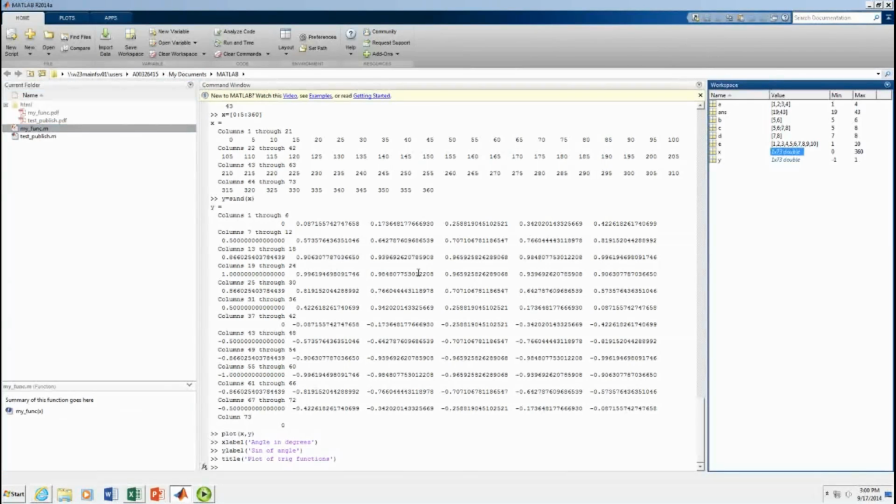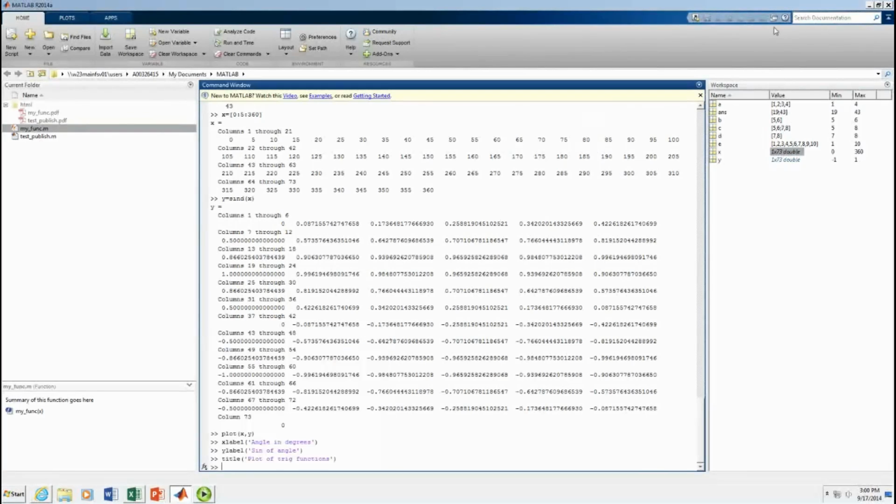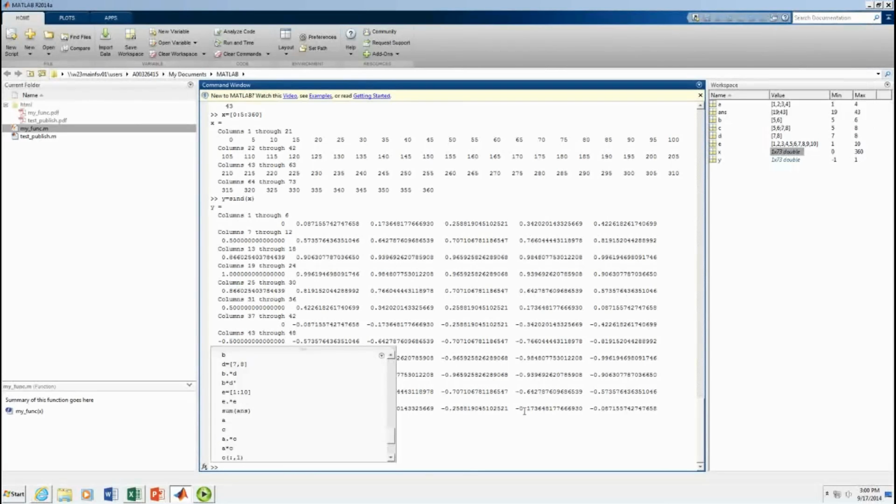Workspace, we've already talked about that. The function button helps you get help about the function. And now, this will get you other windows. You got command, history, command, current folder, workspace, and a detail window. You can get to some others. History is a really good one. So let's go down here. We just